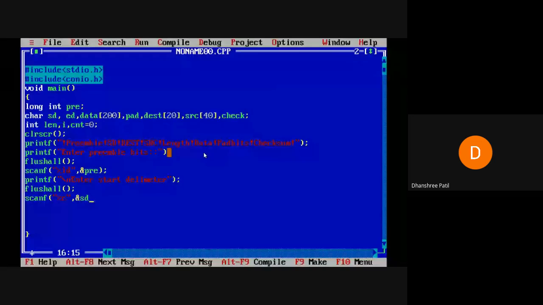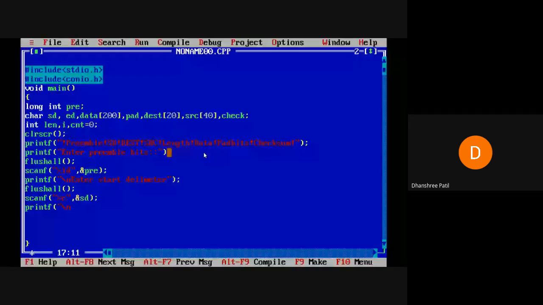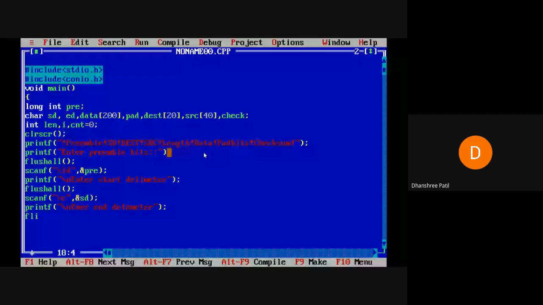Similarly printf: enter end delimiter, then again flush, scanf %c comma and the end delimiter.